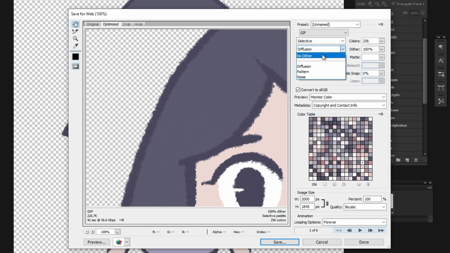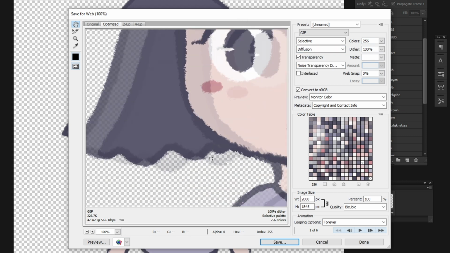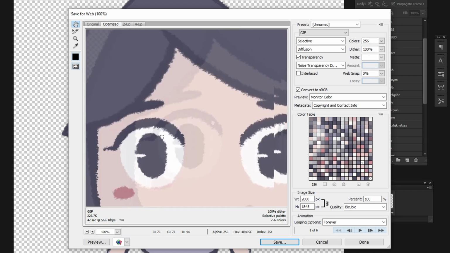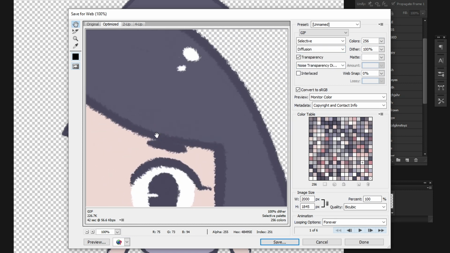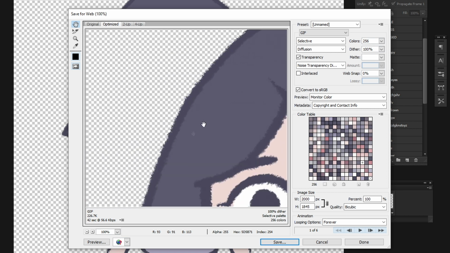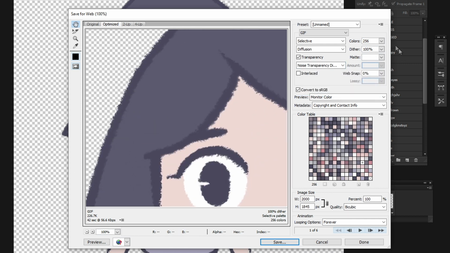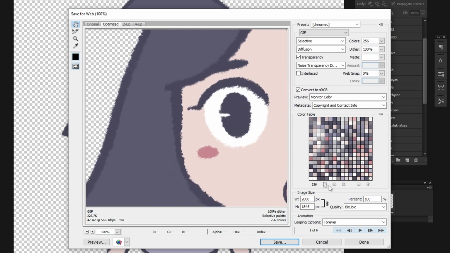For the dither, I put diffusion because the brush that I am using for my avatar will look better with diffusion. So this is according to what brush strokes you are using. And then we're going to click transparency, and again you can also choose no transparency dither, but I chose noise because it's better for my brush. And I basically just keep this all the same as it is.